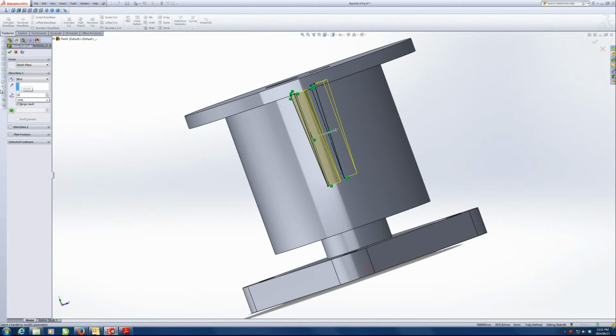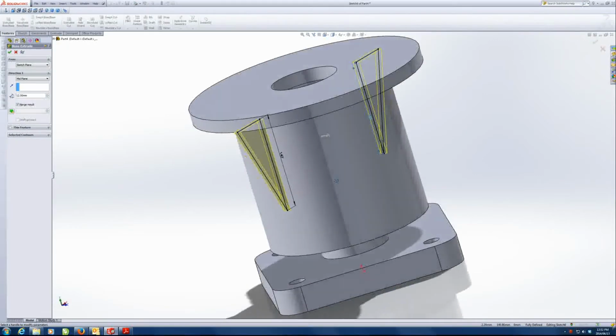This is 12, and we want this to be mid-plane. So over here, we're going to say mid-plane. Mid-plane means that it goes symmetrically about the line you just drew. So 6 millimeters one way, 6 millimeters the other way in this case. So mid-plane,